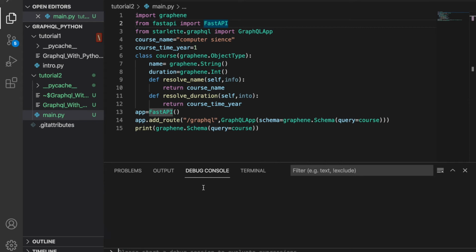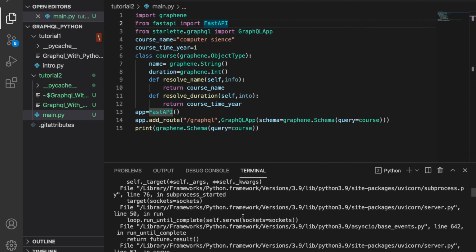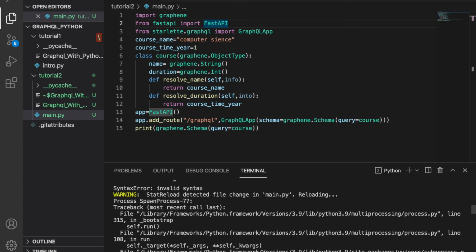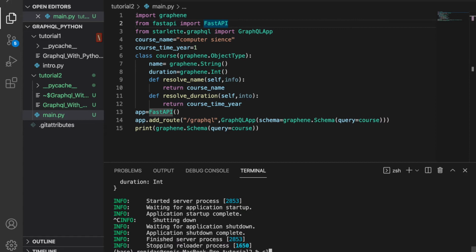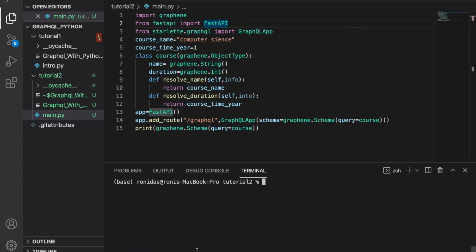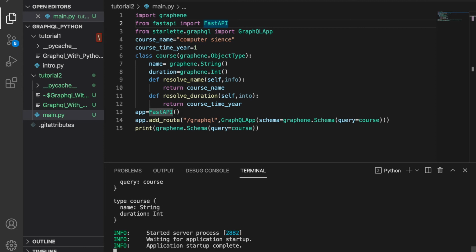Okay, so let me go to my terminal. I think I should clear everything. Yes, so I can write uvicorn main:app --reload.